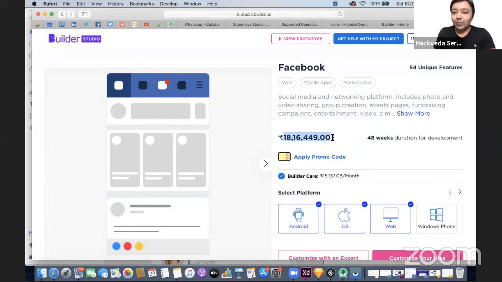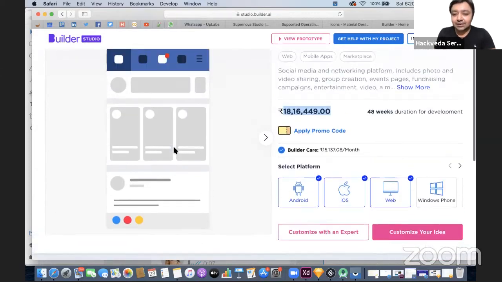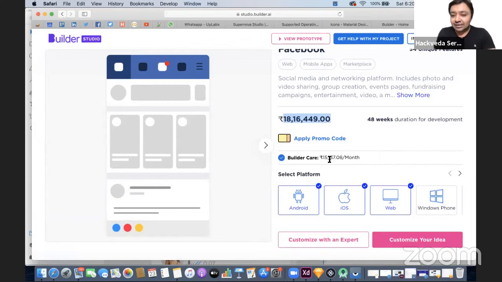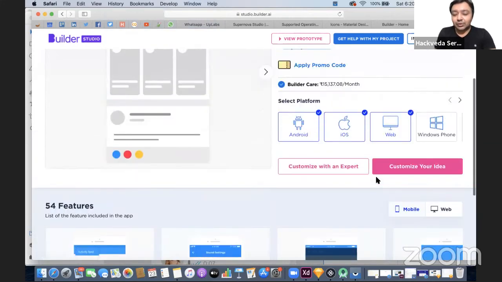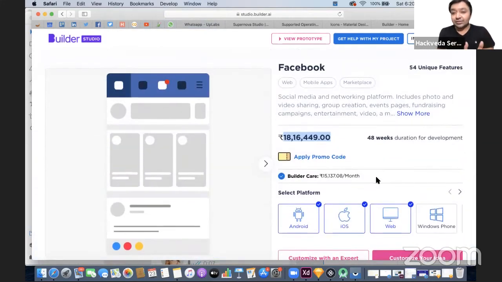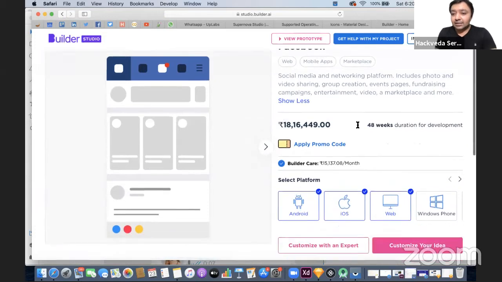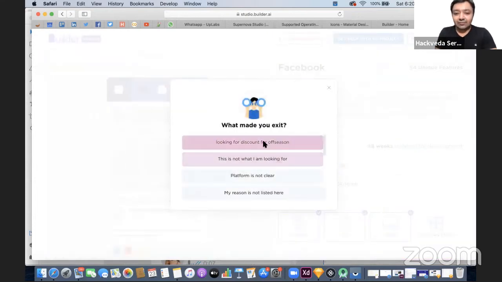So somebody who wants to purchase a Facebook-like application has to pay 18 lakh rupees, with 15,137 per month as, let's say, the EMI. Okay, so you can customize your idea with Android, iOS, and web. So guys, what you can see is this is the market which actually exists. So what they do is they charge you that much money, and they show that it will take 48 weeks of duration to develop that, and you can have